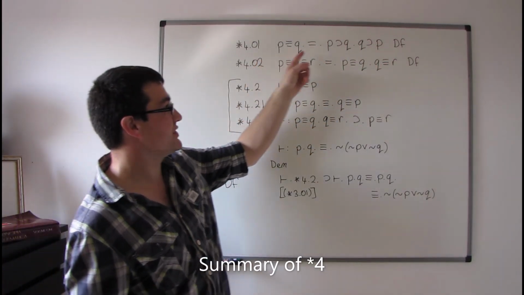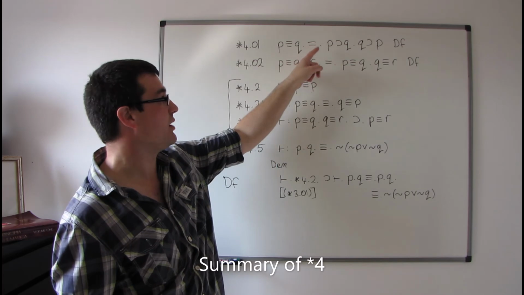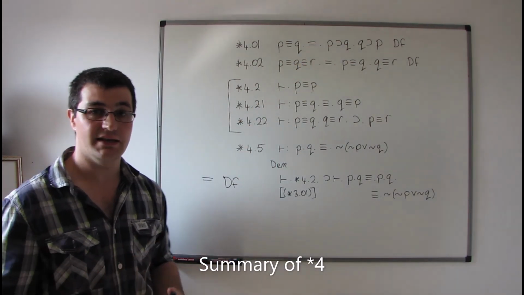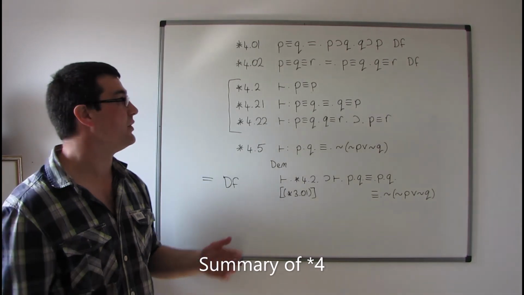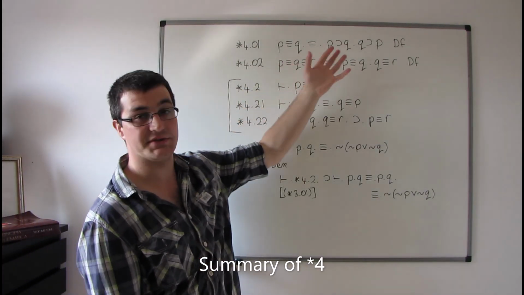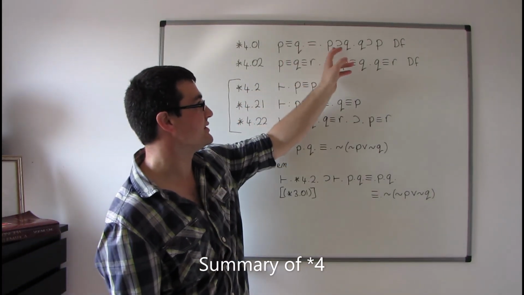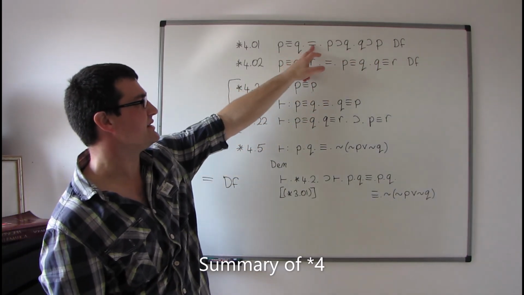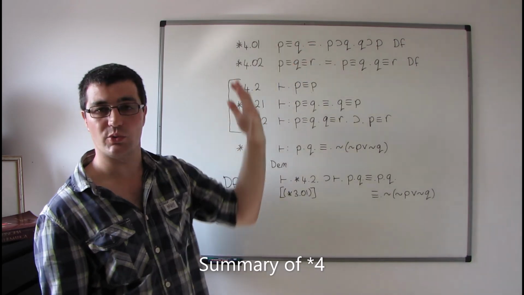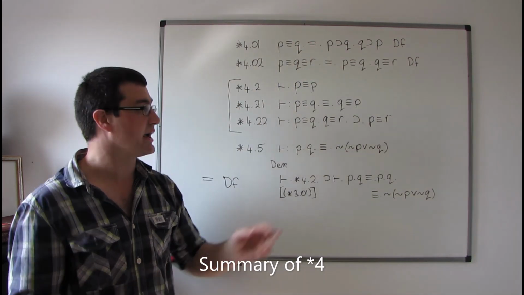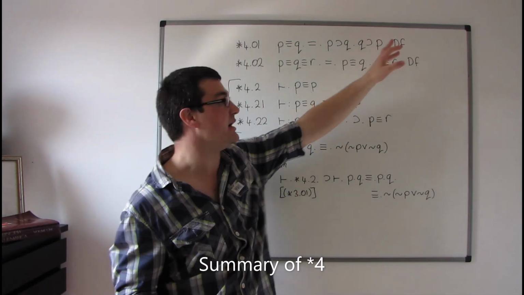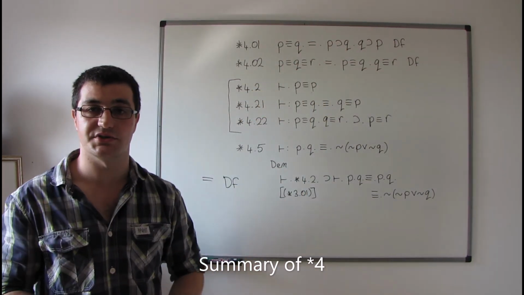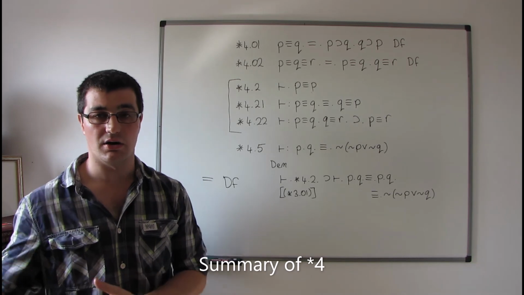If I want to assert something like this, I'm going to have to think, what am I going to replace this symbol with? And that really depends on the kinds of things that I've got involved. So here I've got effectively propositions. This is a proposition, this is a proposition. So really I need an equivalence symbol between them. Remember, we don't use equality. I can't just get rid of the df on the end there and just say this is equal to this and assert that instead, because we don't have a notion of equality of